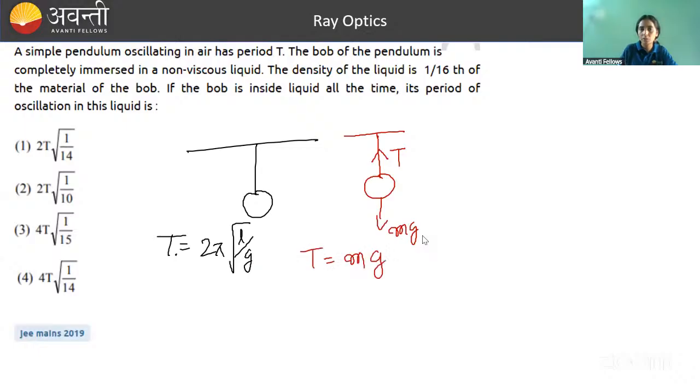M into G. So in every case, you have to simply equate T to something, and that something will be mass into whatever, and that whatever is the G effective. So here G effective is G itself. So we will write like this. But let's say